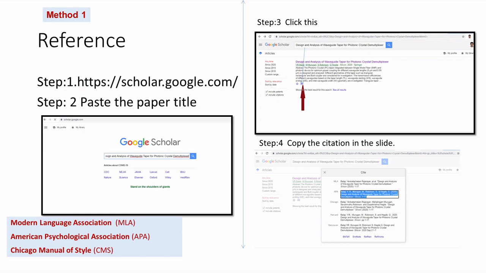The method 1, which I suggest you here, is, first go to Google Scholar, then paste the title of the paper which you want to cite in your manuscript. The paper will pop up, right? You can see the icon here below. When you click that icon, it is given in the arrow. You can see here